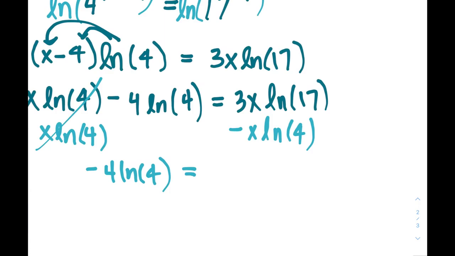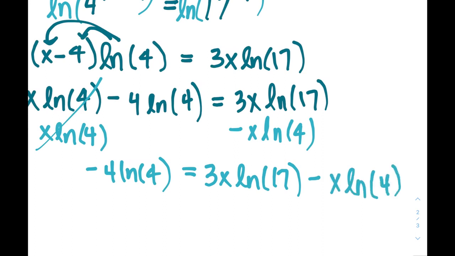It's not 3x minus x. It's not 17 minus 4. 3 times natural log of 17 is an irrational number, and natural log of 4 is an irrational number. So because we can't actually combine them, we can't subtract them, we're just going to leave it as such, okay,